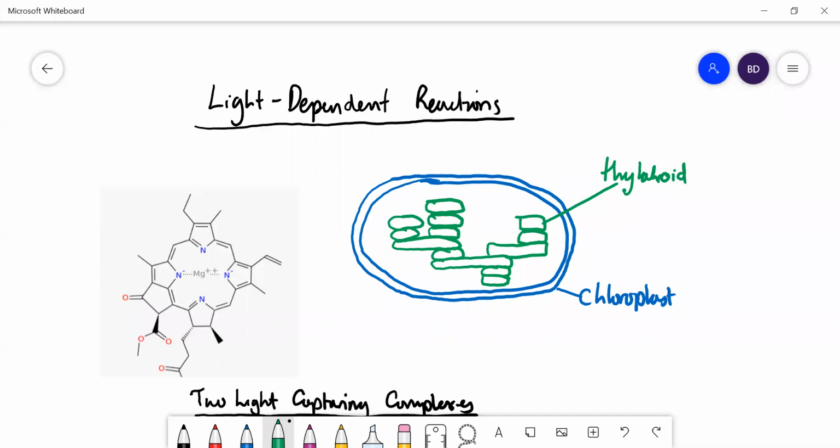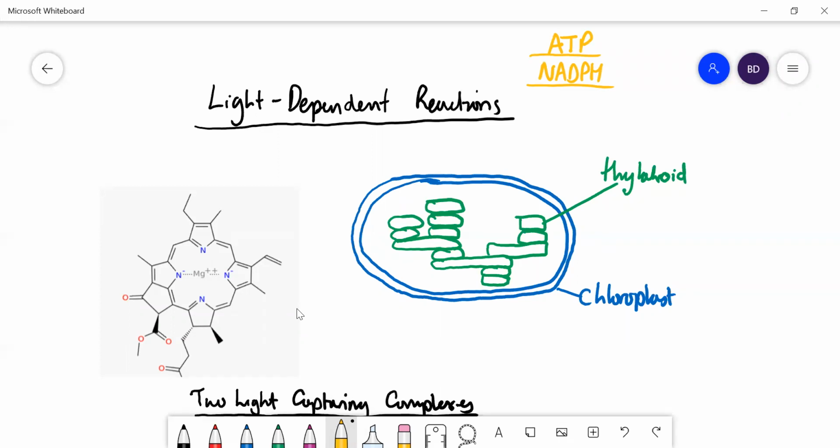Okay, we're going to talk about the light-dependent reactions of photosynthesis. The whole point of the light-dependent reactions is that you're going to generate ATP from ADP and inorganic phosphate, and you're also going to generate NADPH. These are energy-rich compounds, as we've seen before, and they are going to be used to drive forward the reactions of the light-independent reactions, sometimes called the dark